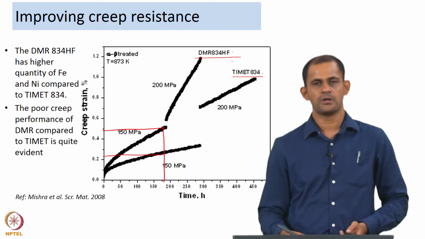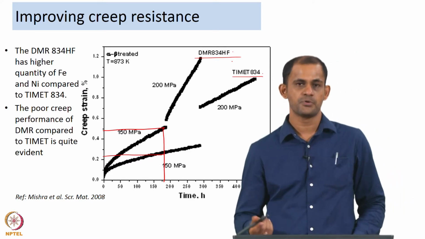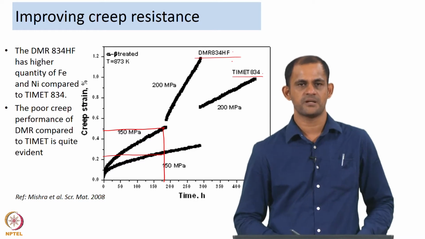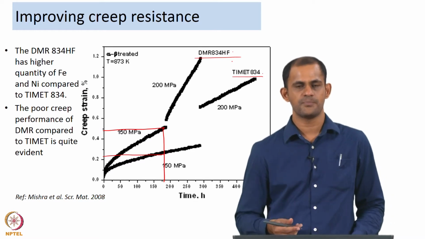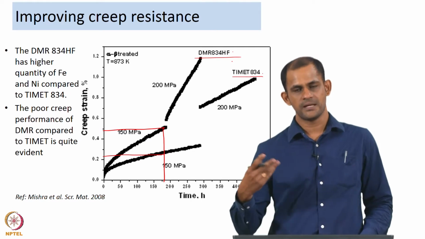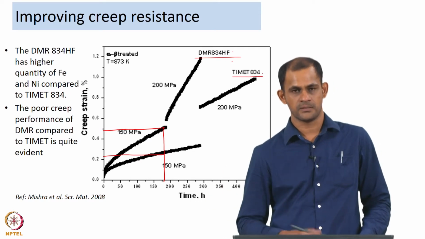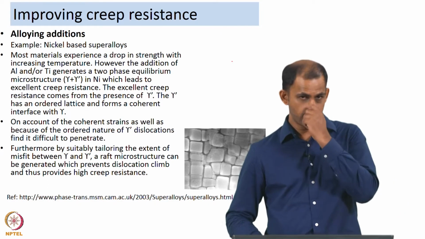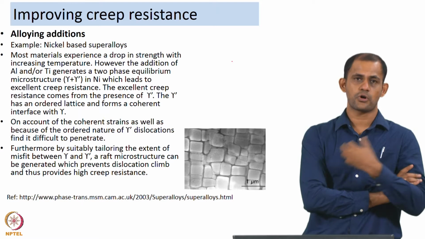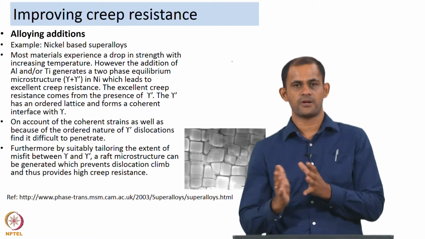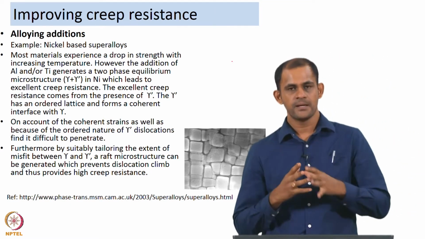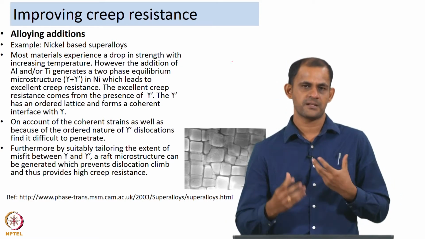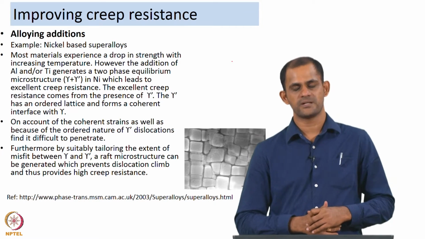So, that is the role of impurities, and that is why impurities have to be taken into account when you are designing a creep resistant material. You have to be careful that you do not have any impurities which can increase the diffusivity of the material. Let us also talk about the role of alloying additions. We talked about impurities, but if you are intentionally adding elements into the material with a specific objective in mind, then that can also lead to improvement in creep performance.